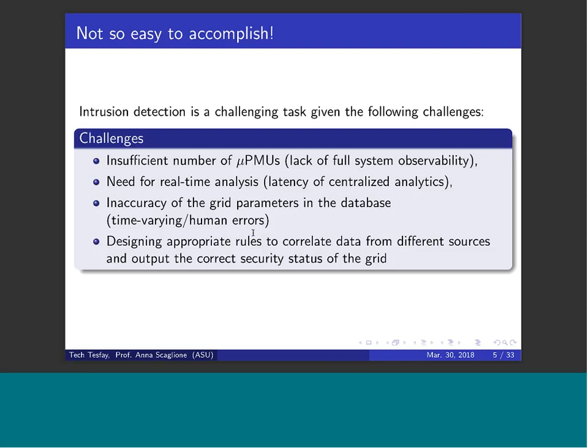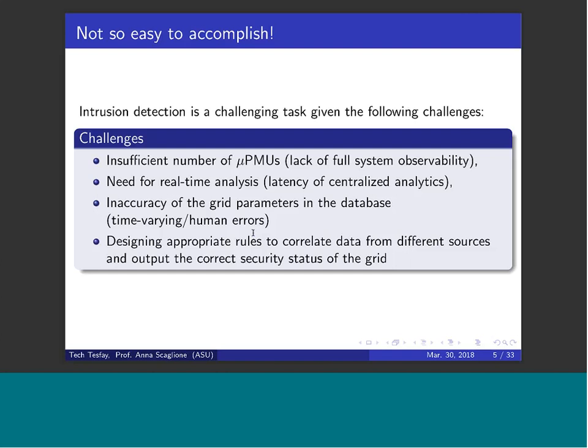And most importantly, utilities hire cyber experts, but the cyber experts do not necessarily have expert knowledge about the operating laws, the way the physical system operates. So it's very difficult to come up with appropriate rules that correlate data from the different points of the grid and then come up with the correct outputs after the analysis of the data to say what's the current security